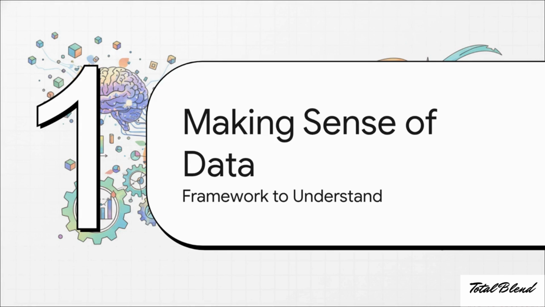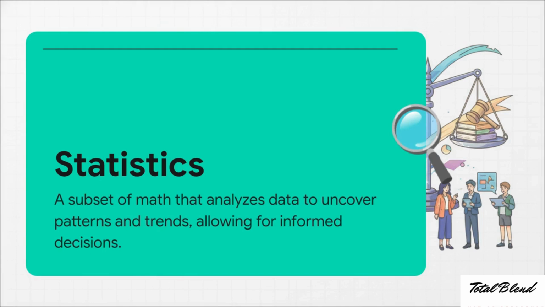All right, first up, making sense of data. Before we really get into the weeds, we got to be on the same page. We need a clear definition of what we're even talking about when we say the word statistics. So, it's a systematic science, right? It's the framework that lets a company look at all its customer feedback and actually improve a product. Or it lets a scientist figure out if a new drug really works. It gives us that structure to go beyond just a pile of numbers and pull out real, actual knowledge you can use.